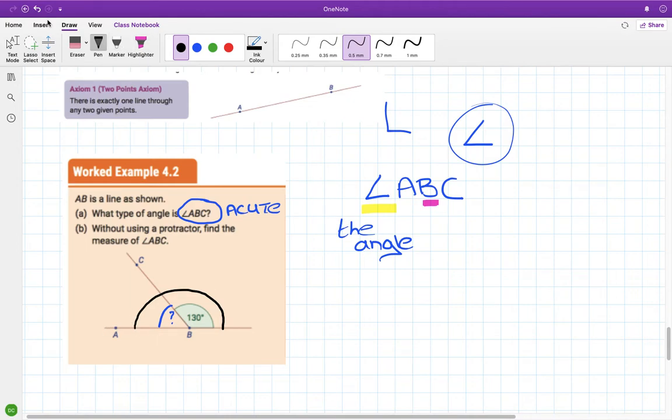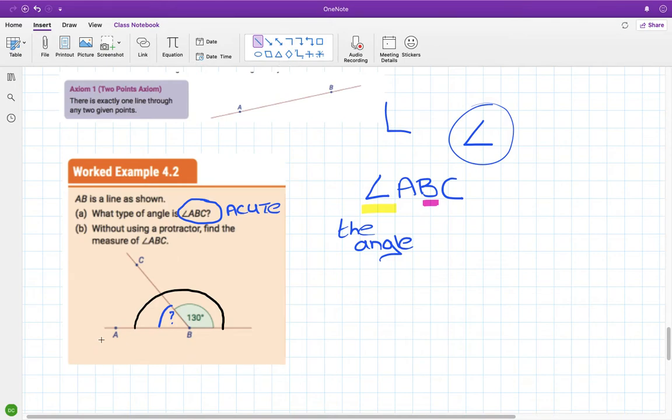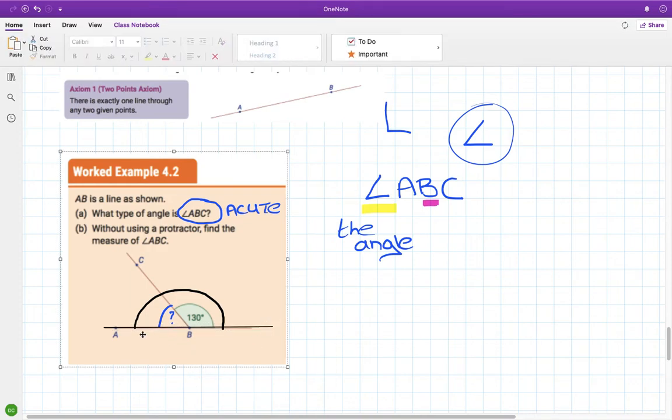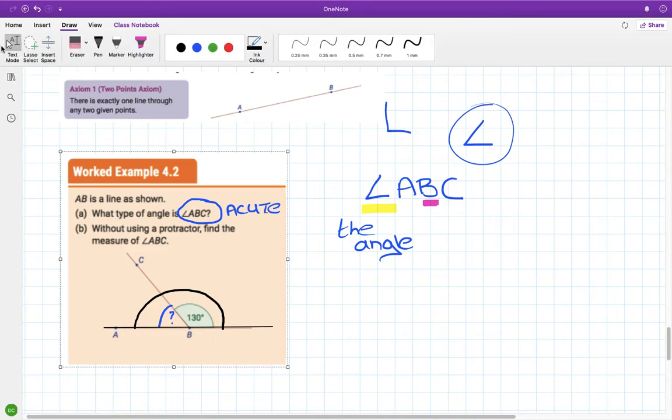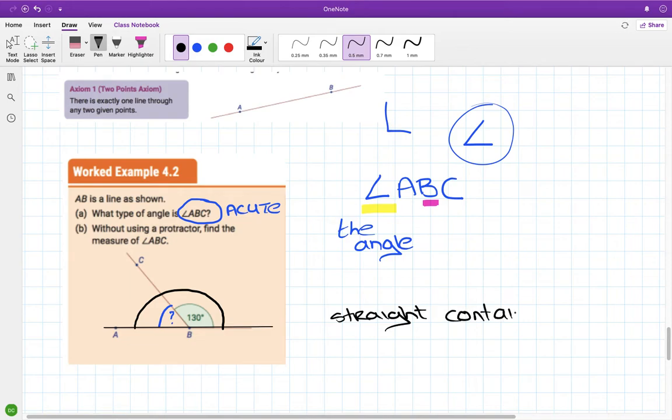What kind of line is that sitting on? Okay, that whole thing, that whole black angle there is sitting on a straight line. And we know from earlier that a straight line contains 180 degrees. Okay, we did those rotations in the first class, or the first geometry class, I think it was